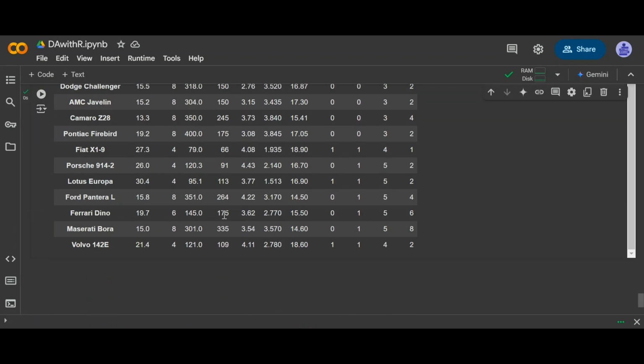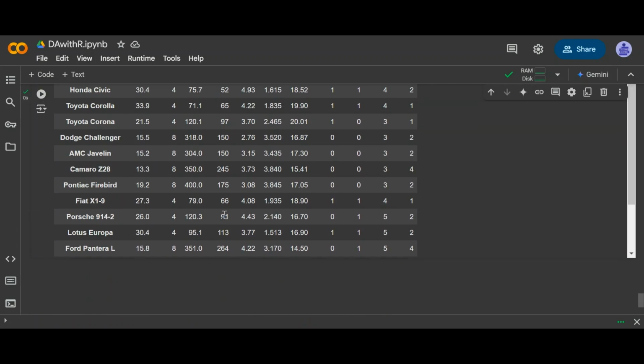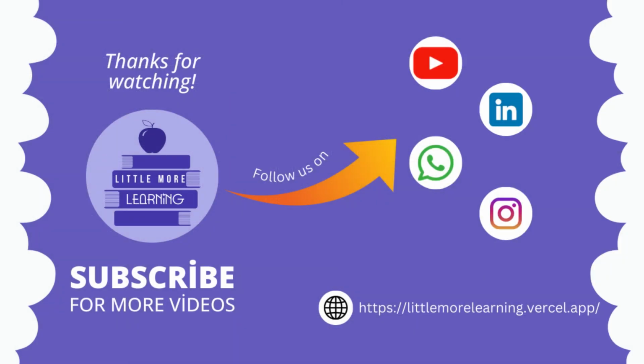So now that we can select and filter data, we will move on to sorting and arranging the data in the next video. Practice all these commands in your system with any of the datasets that you love, or this